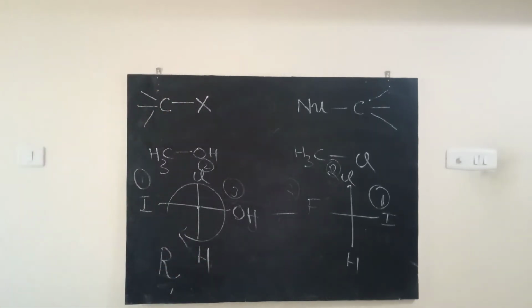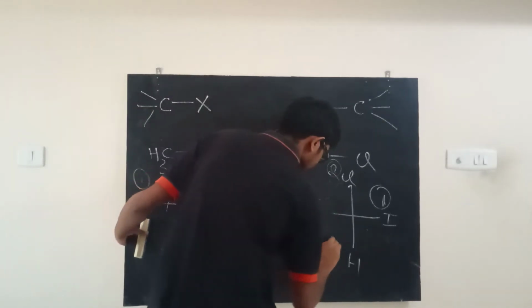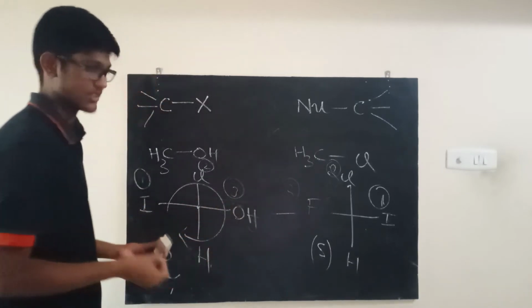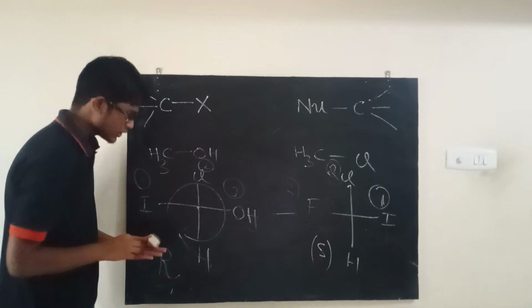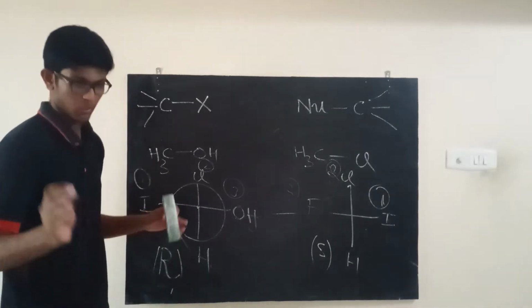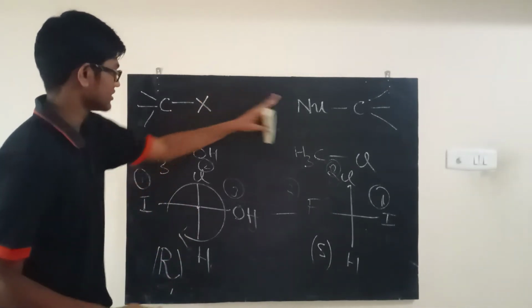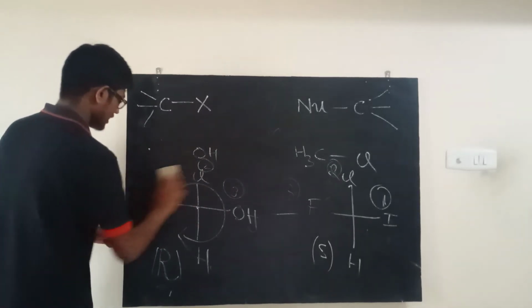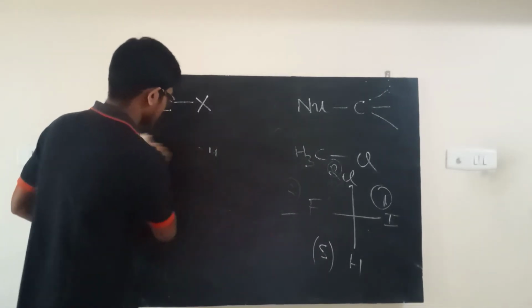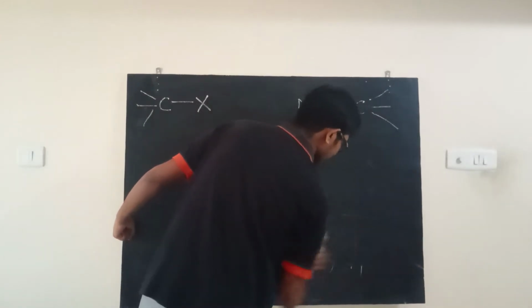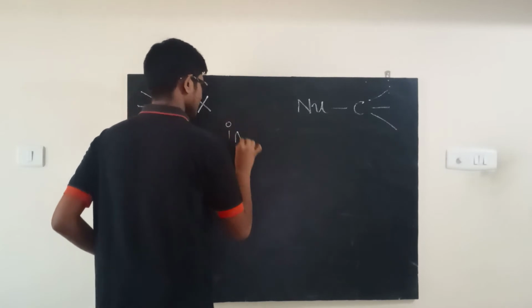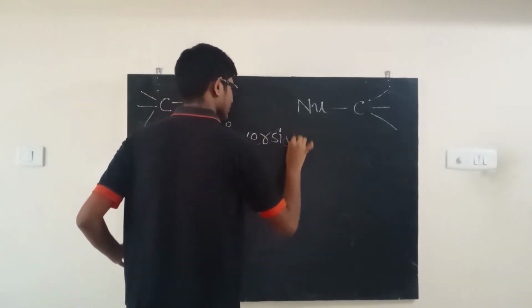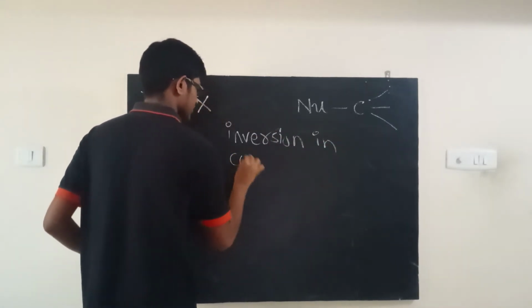Okay, let me go get some chalk. So this will be an S, right? So you can see that there are cases of both inversion and retention of configuration. What I want to tell you guys is that when I say stereochemical inversion, it's not what it sounds like. It's just to make sure this is clear. In some books, they'll be very clear and they will not say stereochemical inversion, they will use the words inversion in configuration, okay?